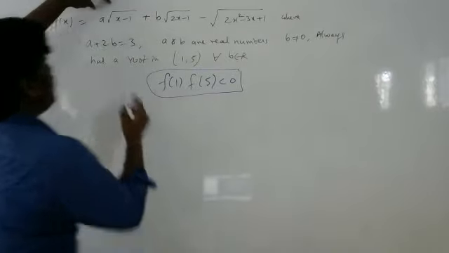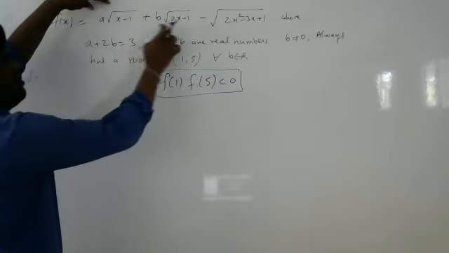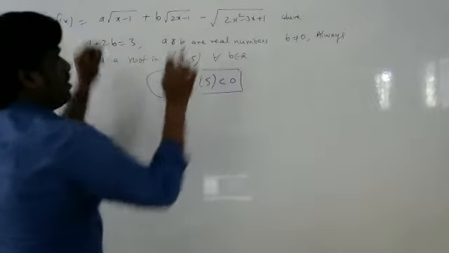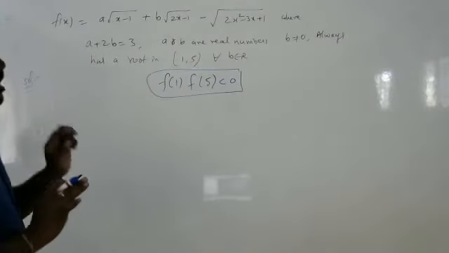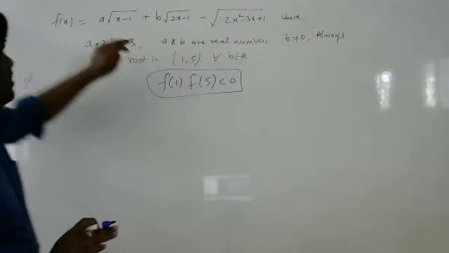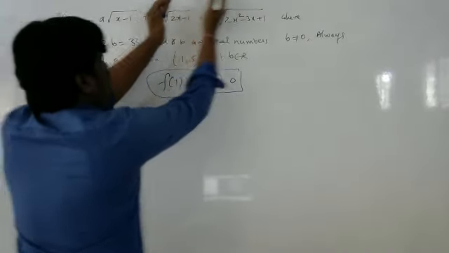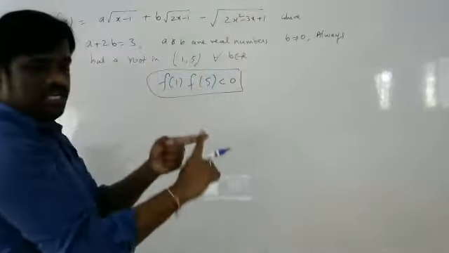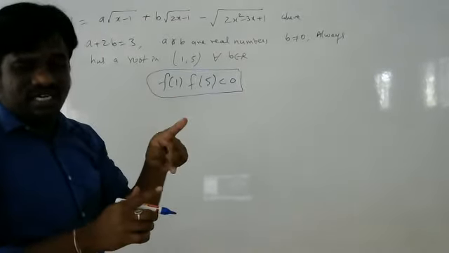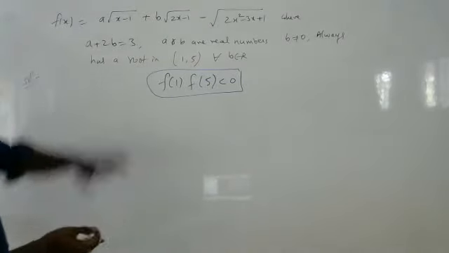I just want to tell you, if I substitute 1 comma 5 in this, I get positive. So this is a continuous function. How can we say this is continuous, this is continuous, this is continuous? I want to say separately this one is continuous, separately this one is continuous, separately this one is continuous. Continuous plus continuous plus continuous is always continuous. Means if two functions are continuous, their addition is continuous, their subtraction is continuous.